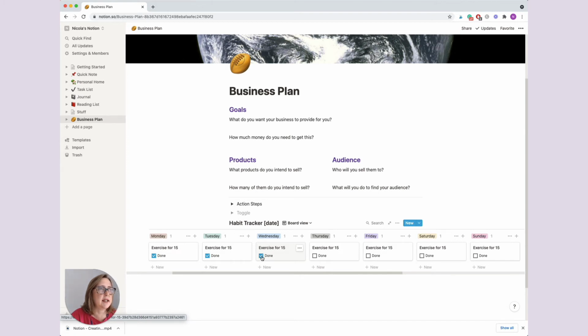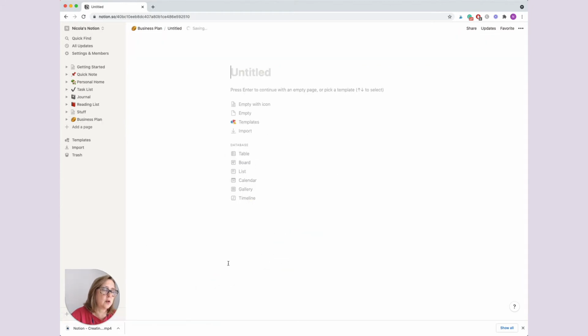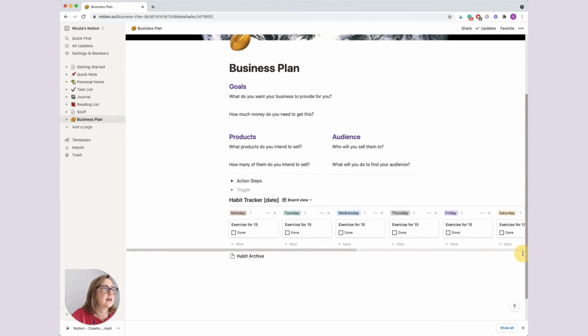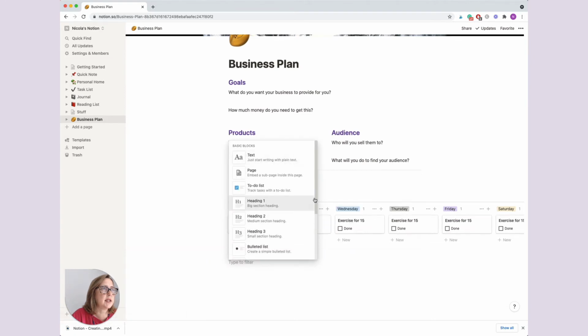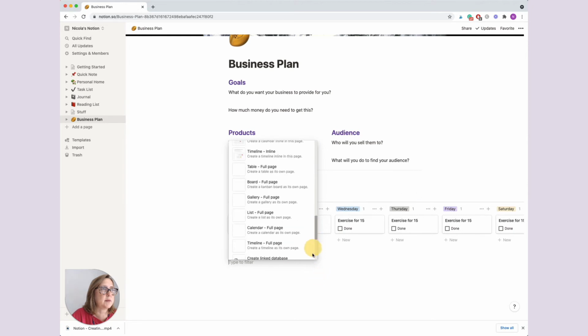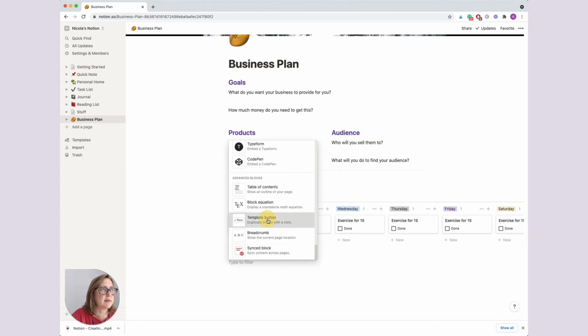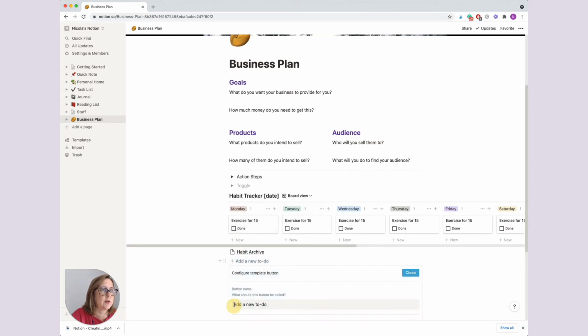From there, that's a little bit inconvenient, isn't it, having to unclick it every time you want to do it. So we're going to create a page here called Habit Archive. Let's go back to the business plan. And we're also going to create a template button. So if we go back right down to the bottom, there's a template button. So let's call it